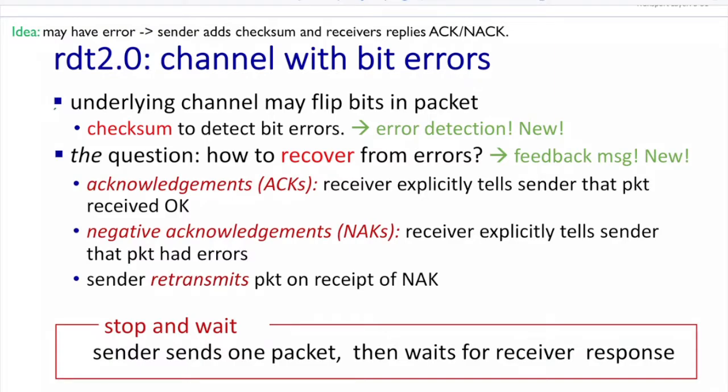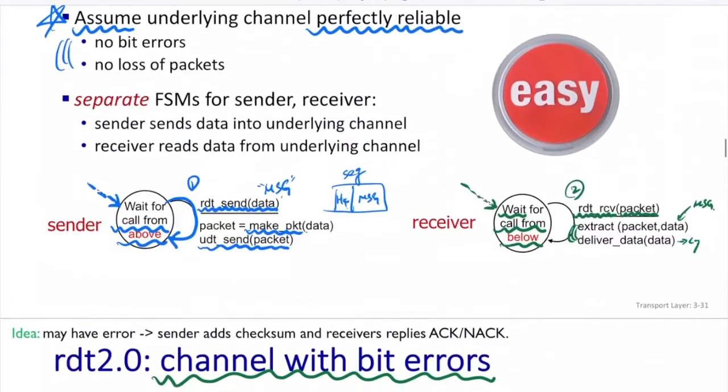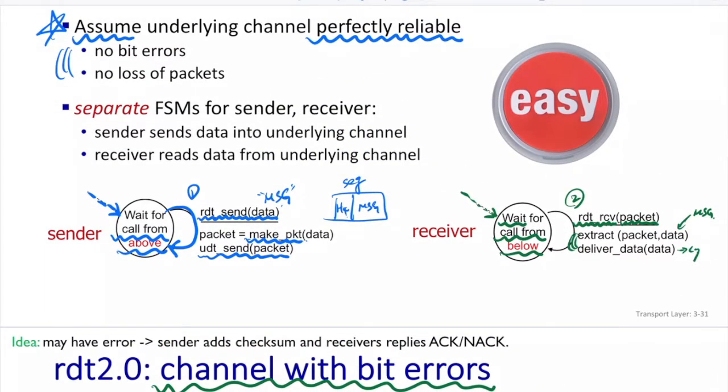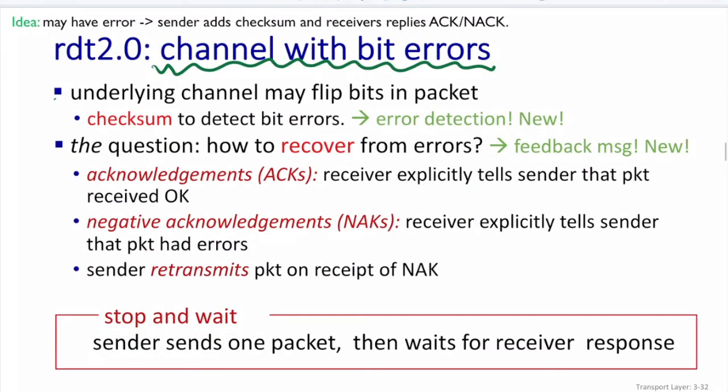Now we assume the channel with errors. So the underlying channel may flip bits in the packet. So the corresponding transport layer protocols at both operating systems should come up with some mechanism to try to recover those bit errors. As we mentioned before, checksum is one of the good tools that can help us detect